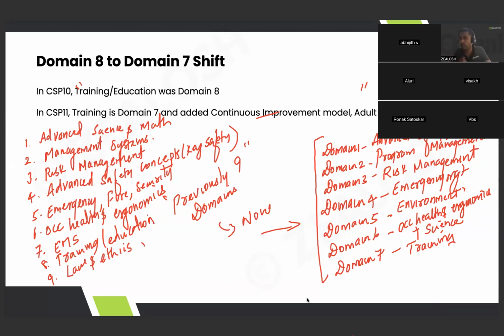So I hope this is clear, right? What are the changes and what are the domains? Weightage and all we will discuss. Can I get a response? Is that clear? Previously 9 units, now 7 units. Now 7 units doesn't mean that 2 units have completely vanished. See, domain 1 is not vanished. The previous advanced science and math is taken out and the remaining science is put inside domain number 6. Advanced application of key safety concepts, domain number 4, is taken and put inside domain number 1 and 2. Only one unit is completely taken out. Which one is it?